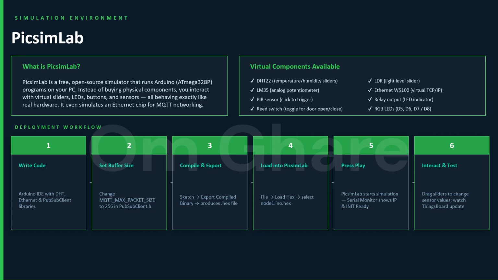The virtual components available have a very vast range, like the DHT22 temperature and humidity slider, the LM35 which is used with the analog potentiometer, the PIR sensor, reed switch, LDR, Ethernet, relay output, and RGB LEDs. So this is the deployment workflow of PicsimLab, wherein we write the code in the Arduino